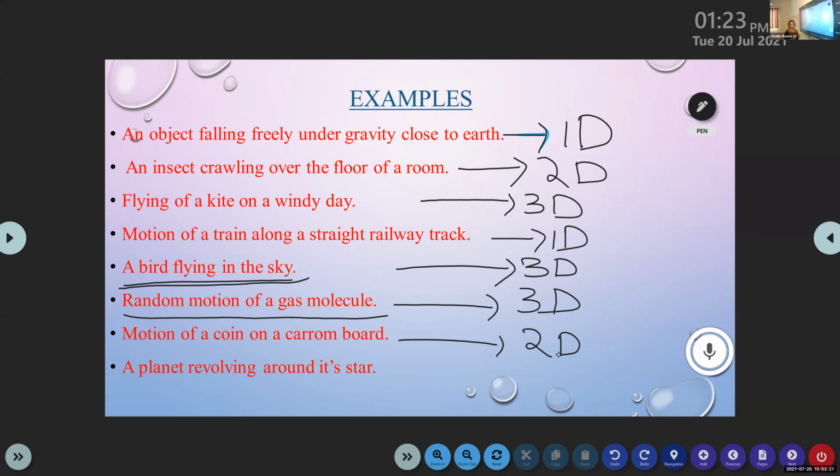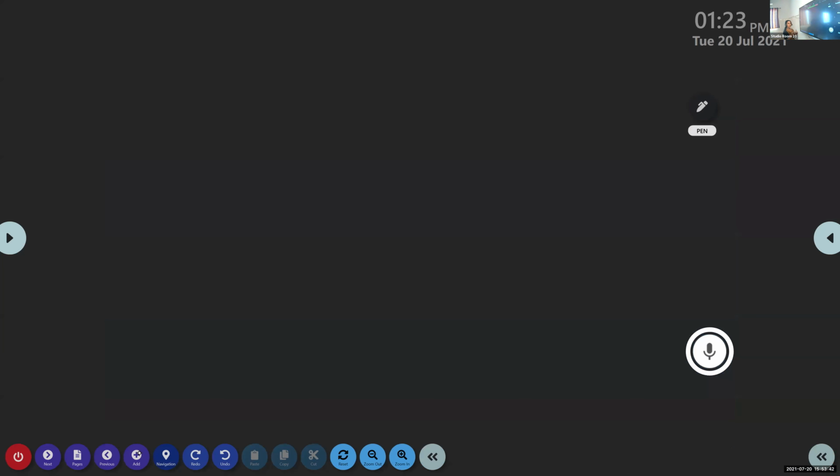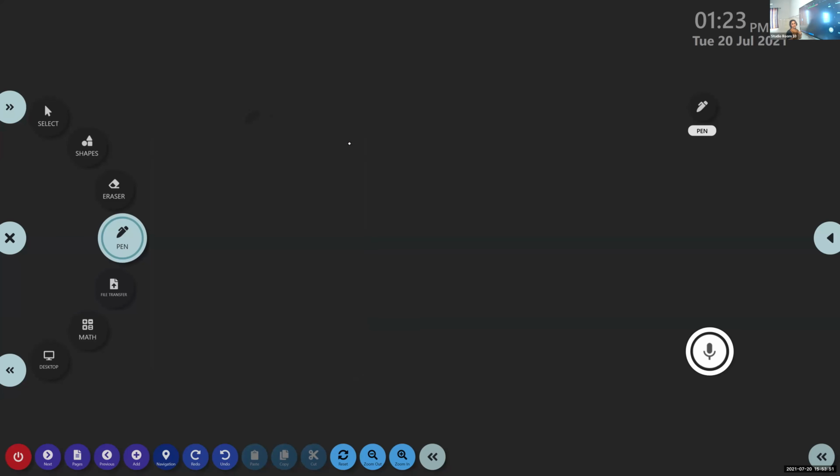Actually, it is a confusing term. Can you identify the motion? Anyone? Three-dimensional. Sometimes we have a tendency to write that it is three-dimensional because it occurs in space. But actually, that is the point that I want to clear here. All the spatial motions are not three-dimensional in nature. Okay, all the spatial motions are not three-dimensional motion.